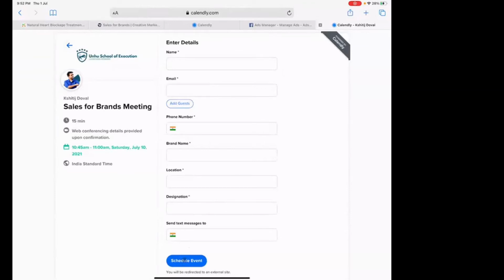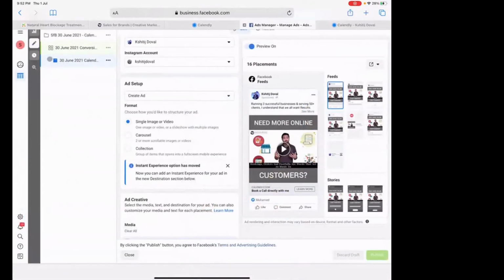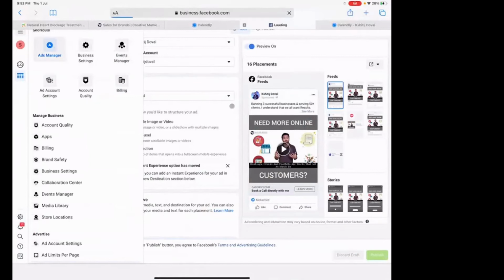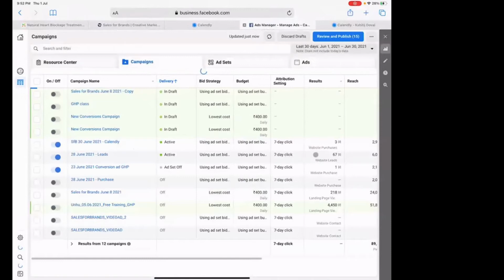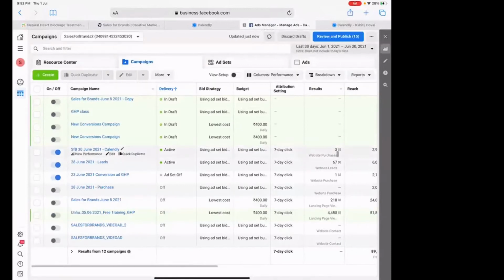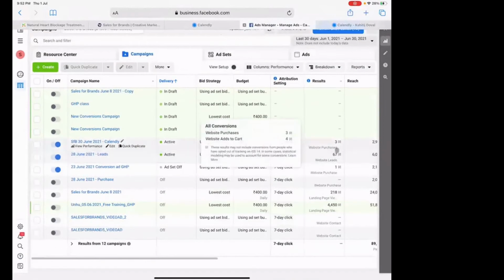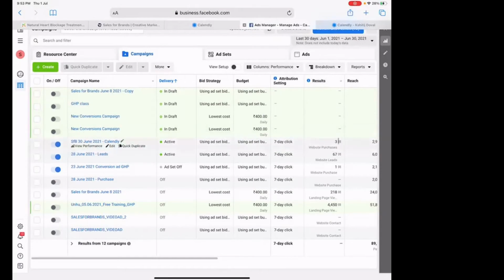Now, the moment they select schedule a meeting, obviously right there, I will know it will register as a website purchase, and thus this is what happened. I showed you the website purchase part. So yeah, I already got 3 bookings in I think 2 days since 30th June. So yeah, that's yesterday. From yesterday till today, I have already gotten 3 bookings of meetings. Spending at around 700 rupees, I've gotten 3 meetings already. Now, what have I done?